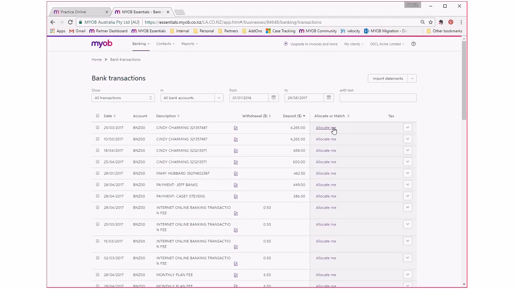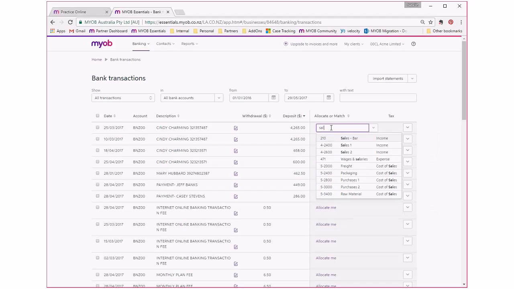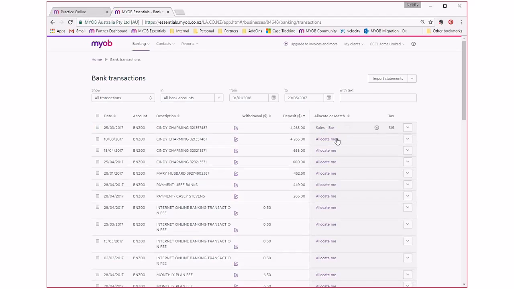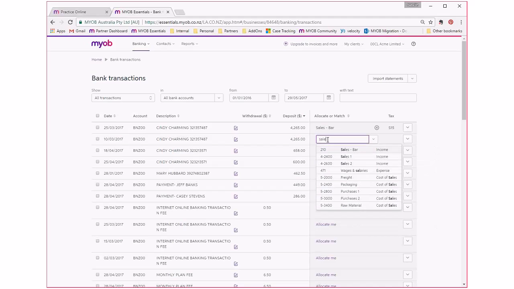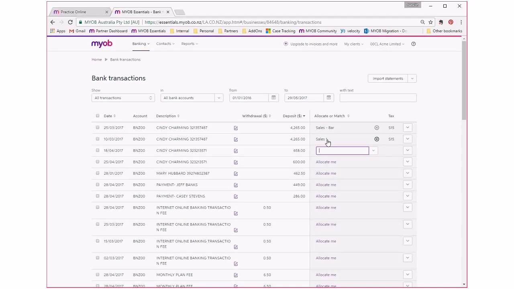So I know that my deposits are pretty much all going to be deposits, which sometimes we call sales. So whatever number it is that you want to allocate those to, you can type the number or you can type sales and then use your down arrow to select whichever one it is that you want to put that to. And then enter on the keyboard will select that. So let's say the next 1, 2, 3, 4, 5 sales, I also want to code to sales 1. And I can use the plus on my keyboard as a way of speeding that up. So I'm just hitting the plus key. So that will copy the code that I've used in the line above. Okay, so there's all my deposits